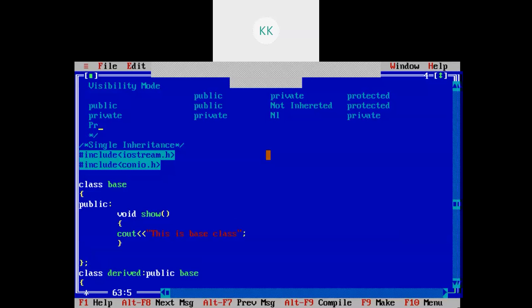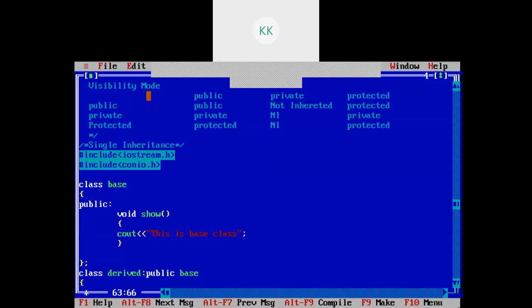When you use protected as a visibility mode, then public data of the base class will become protected, private data not inherited, and protected data will remain protected in the derived class, right?